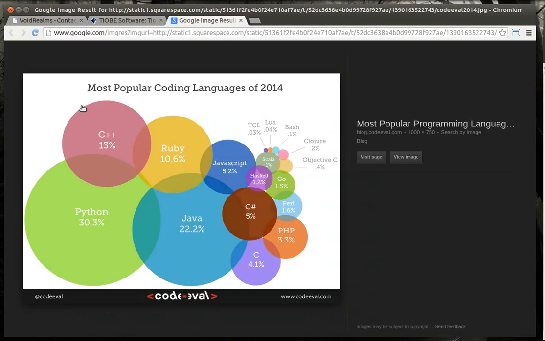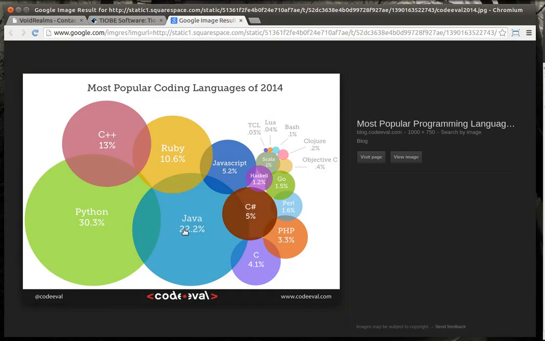If you also look for the most popular coding languages of 2014, you'll see some trends. Go has a 1.5% share of the market, and Go is a relatively new language. Python's an old language, but it's only recently been getting hyped up, and now it's got 30% market share. Why is that? Well, it's easy to work with. Java is easy to work with too, at 22%. The harder languages like C++, C Sharp, and C are a little less popular in searches. So people like fast, easy languages.